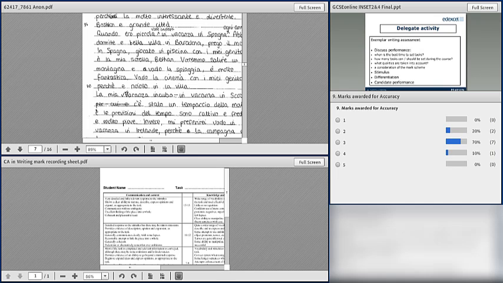Now again, the middle box is the most appropriate one. If you read it, there is consistency in verb forms. There's a lot of errors, but the errors actually don't impede communication, and that is the main difference between the 2 and the 3. In 2 errors impede communication, in 3 they don't. And really here, communication is just normally not there.